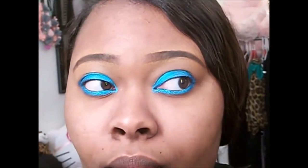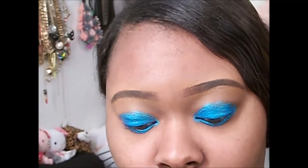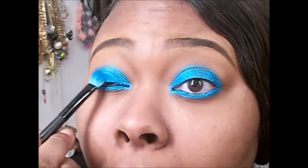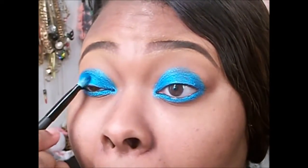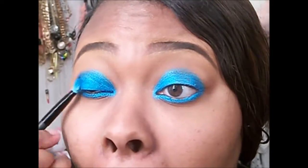So what we're going to do now is we're going to use our Wet n Wild. Let me zoom in first for you girls. We're going to use our electric palette, and we're going to use the Wet n Wild brush. That's what I meant to say. And we're going to use, I believe that's Gonzo. I'm not sure. But we're going to use that color from the electric palette next to the silver, and I'm dabbing it all over the lid